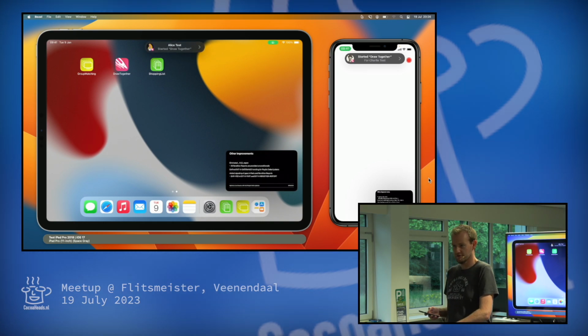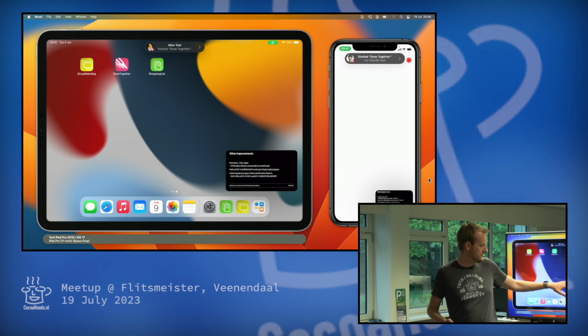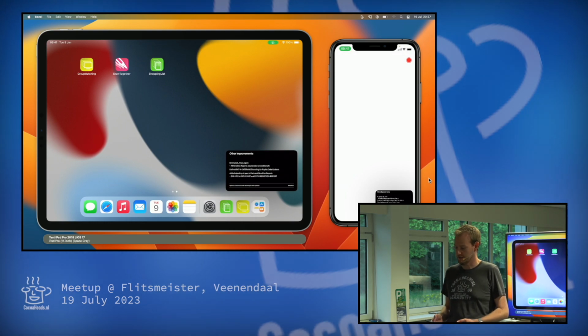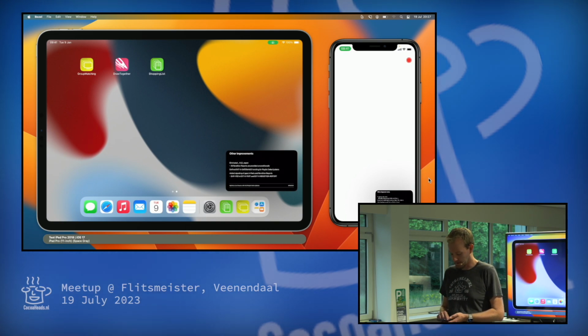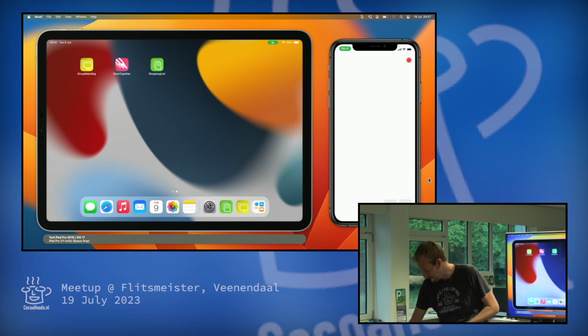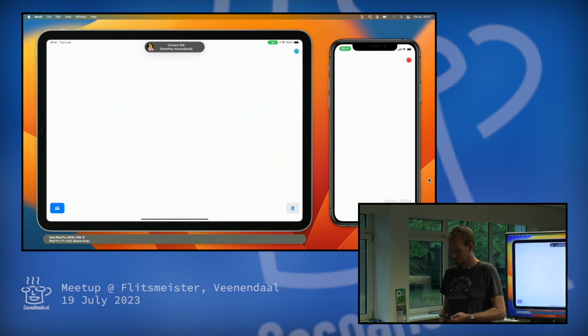So now the video stopped because this is a picture-in-picture. It still shows up, but it's not. Now they're really disconnected from each other, and now we're both in the same Draw Together session, except that on the iPad I haven't opened the app yet, but I am already in the session. I can close the window because that's no longer relevant. I can open the app on the iPad, and now